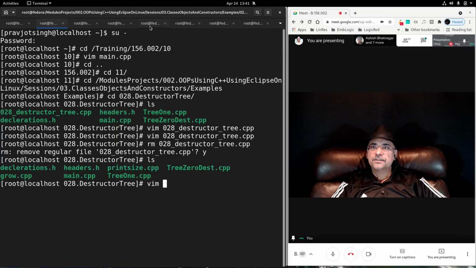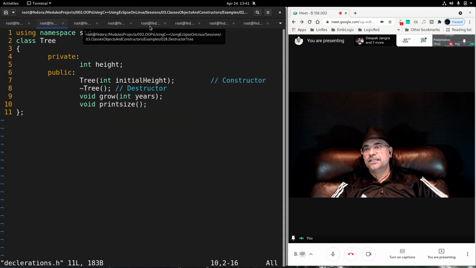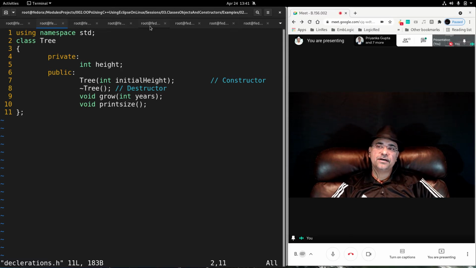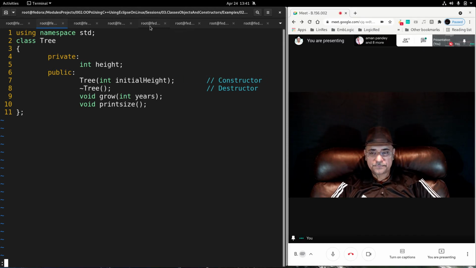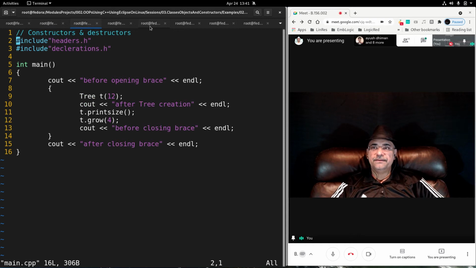We started with declarations. In the declarations, we have given the name space, and we have given the definition for the class, where we have this time used the constructors and the destructors as well. Then we start with the main function. In main function, we include both headers and declarations. I exclusively created this block to demonstrate some concept to you. I create an object with one argument. So 12 will be passed as an argument to the one argument constructor.